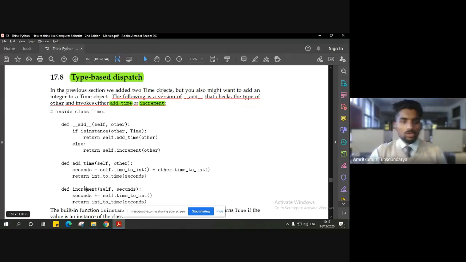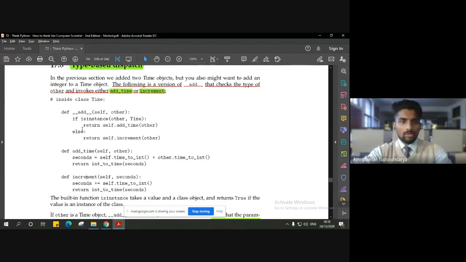So this decision, made by Python, is purely based on the type, and then depending on the type, it is going to dispatch. We will first go through the code, and then we will understand how it dispatches depending on the type.